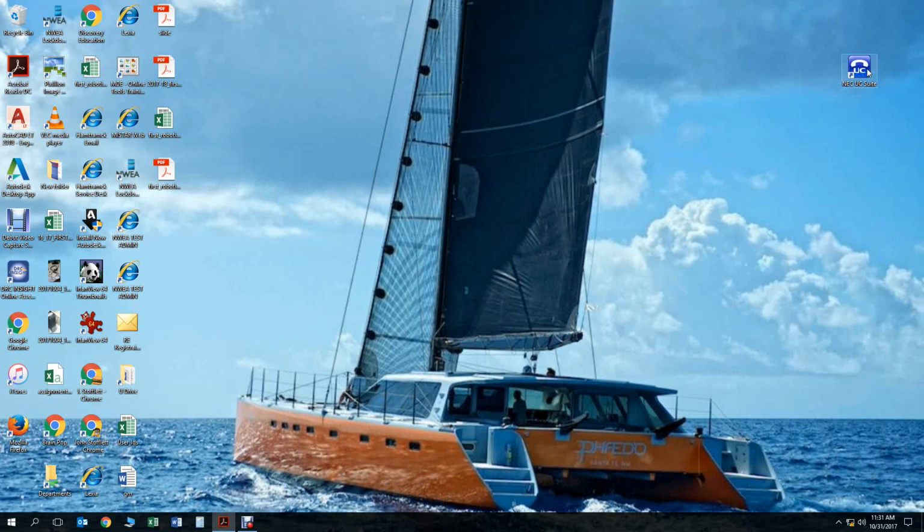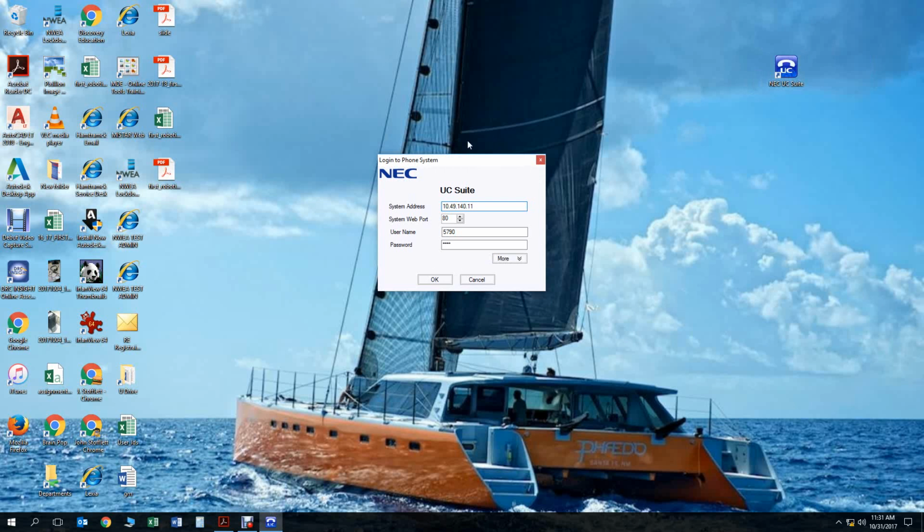Next thing you're going to want to do after you've got your headphones plugged in is make sure you can find this icon. I've moved it over here into the corner to make it easy to find, and you double click it. This box will pop up. It should already be filled with all the information it needs. This number right here is your extension, and if the password happened to be missing, it's also your extension number. Click OK,